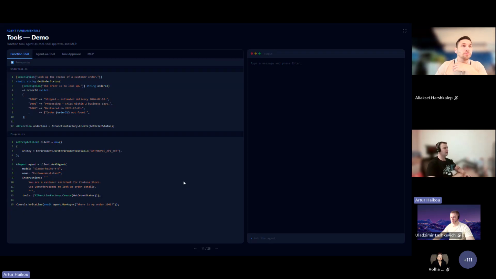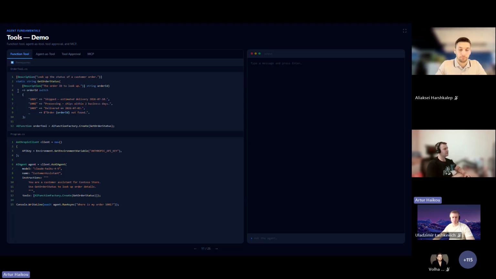First, what we have? We have the function that is responsible for retrieving order status based on the ID. Of course, here is a mock implementation, but you're able to add a real connection to your database, and it will go to your database and receive the appropriate status for this particular order.